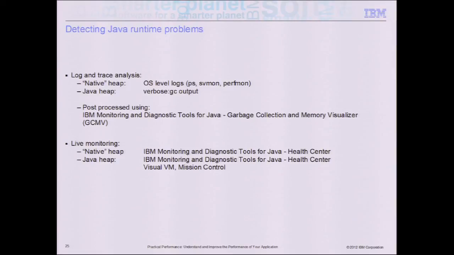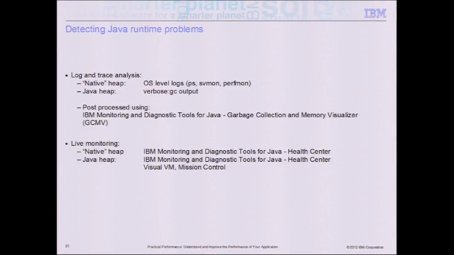Now, there are various tools available which will graph verbose GC for you. One of them, I'll admit this is a plug from IBM, is called Garbage Collection Memory Visualizer. It's free, so there's no charge for it. You can download it. It's an Eclipse RCP-based application, and it will load in verbose GC output from Hotspot or from IBM. So that will give you graphing of memory usage, pause times, etc., as well as statistical analysis of